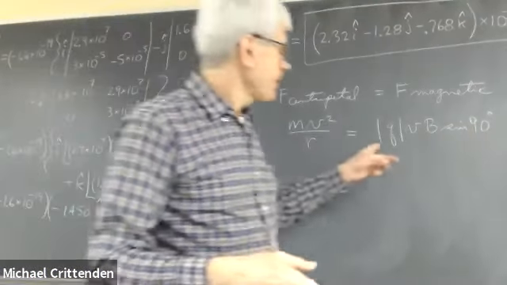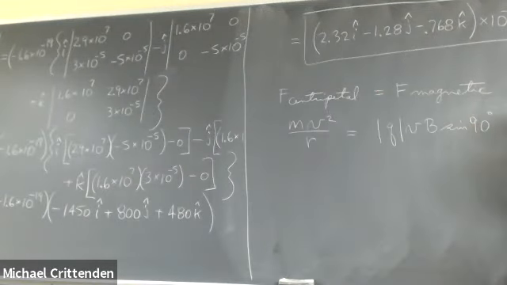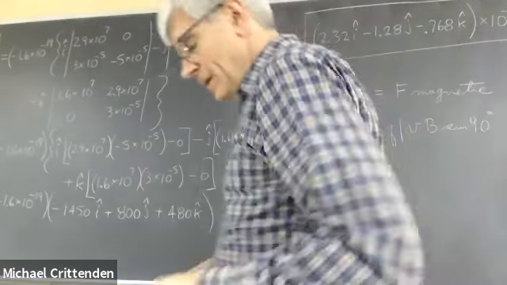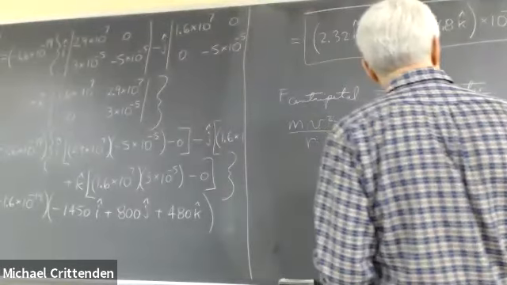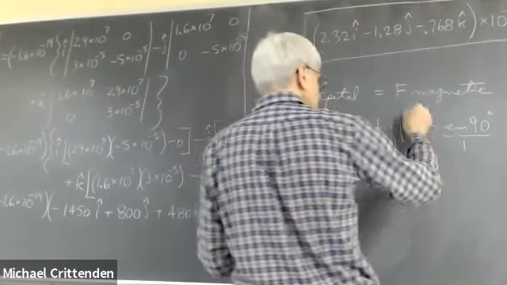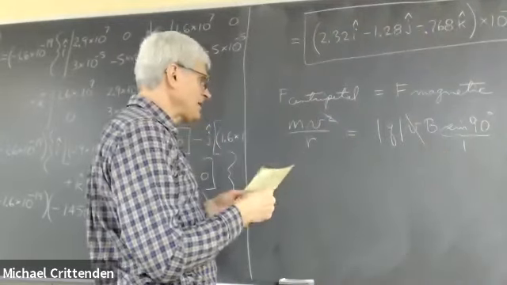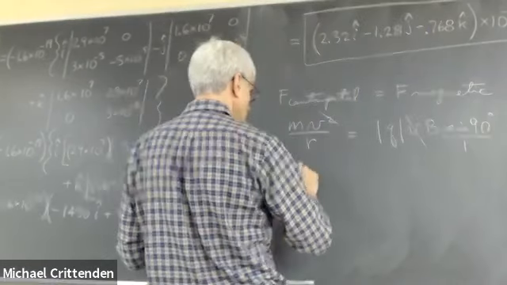But to get a closed circle rather than a corkscrew, theta has to be 90 degrees, and sine of 90 is equal to 1. One of these v's gets canceled by that v there. And if you rearrange things a little bit,